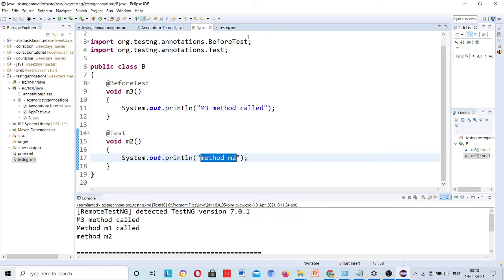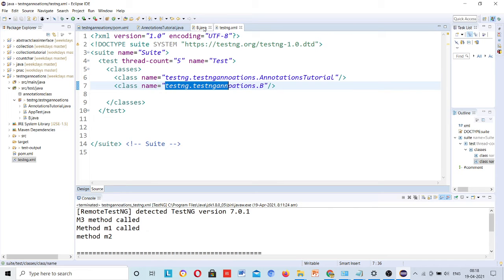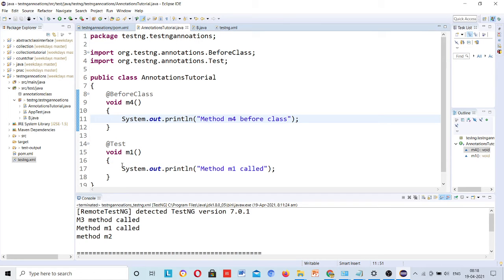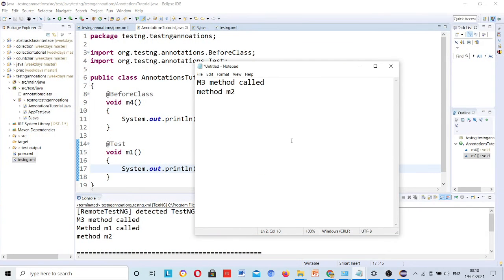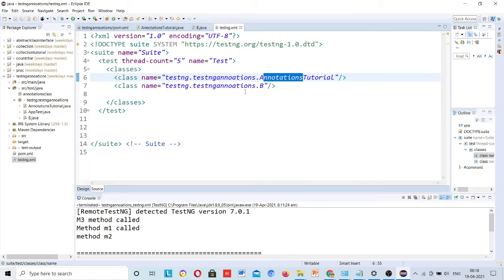No, no, not that, because this is added first, so its method will be called first. Because this is added second, I was checking here that this is annotation. So this m1 method will be called. I hope that is clear and doesn't cause confusion, because I was just watching this one but writing for this one.